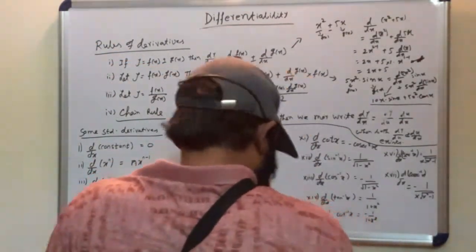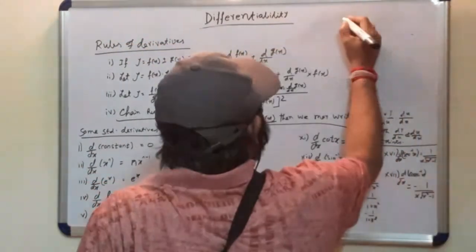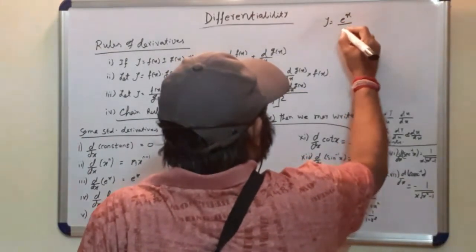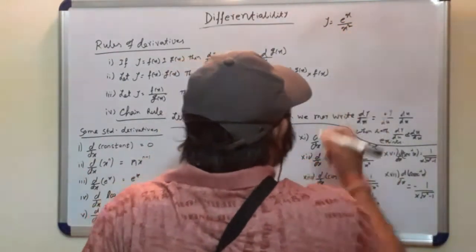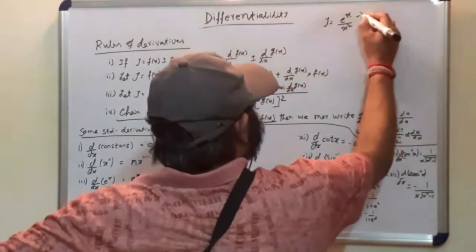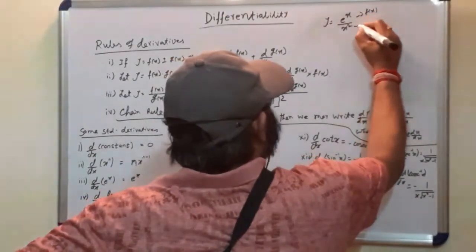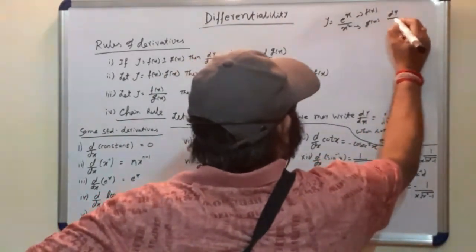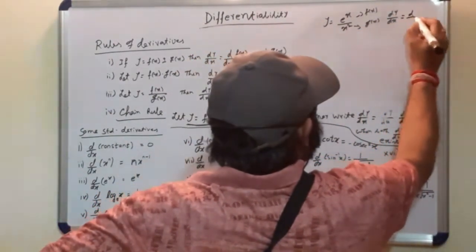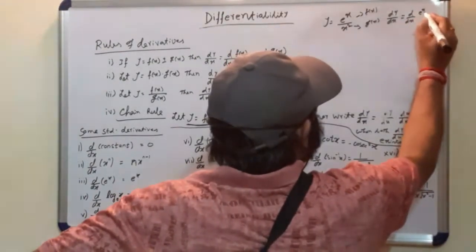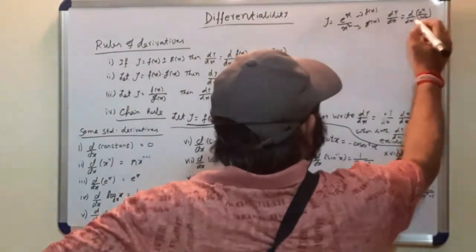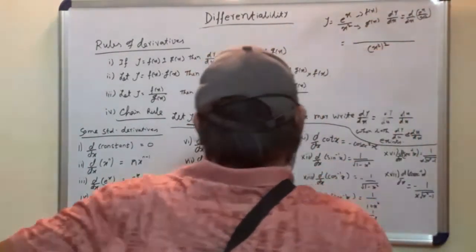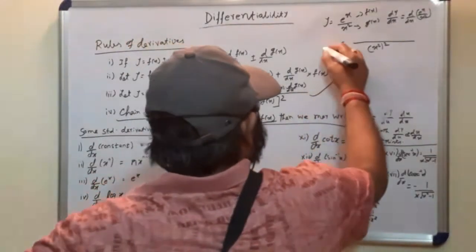I am again giving an example for division also. Say y equal to e to the power x by x². Now it is f(x), it is g(x). Now what would be the derivative? That is dy/dx equal to d/dx of e^x by x², equal to the square of the second function in the denominator, from this we get.